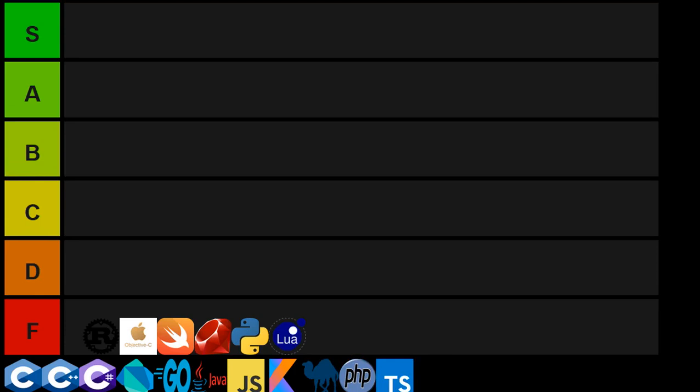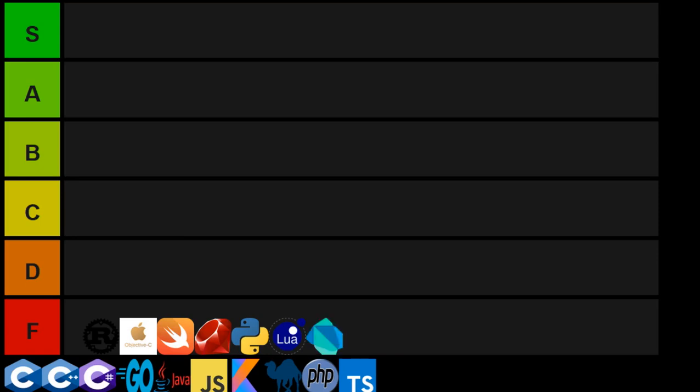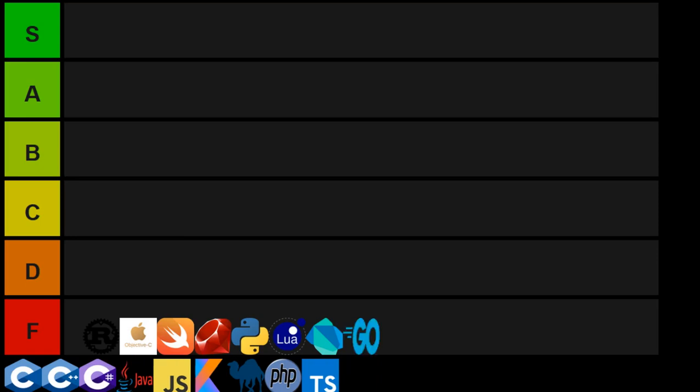All right. Next is Dart. Dart was invented by Google for resolving Google problems, and I'm not a fan of it. So I'm going to put it in the F tier. Speaking of Google, Go. I mean, go use another language. All right. Next, Kotlin. Kotlin is an actual good language. It's too bad it's for mobile because real devs don't do mobile.